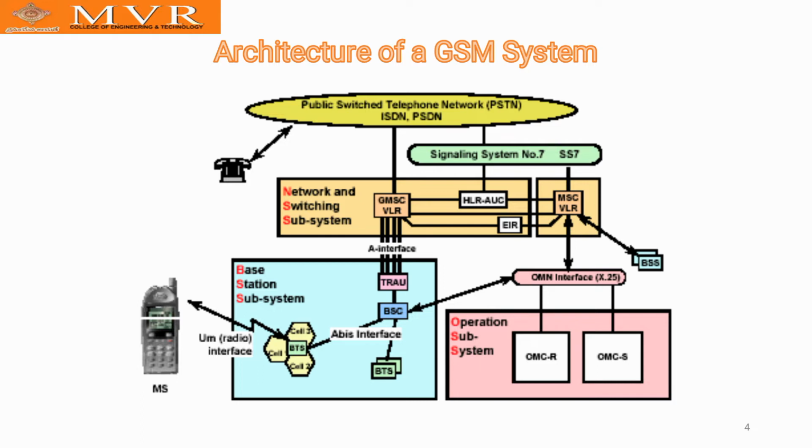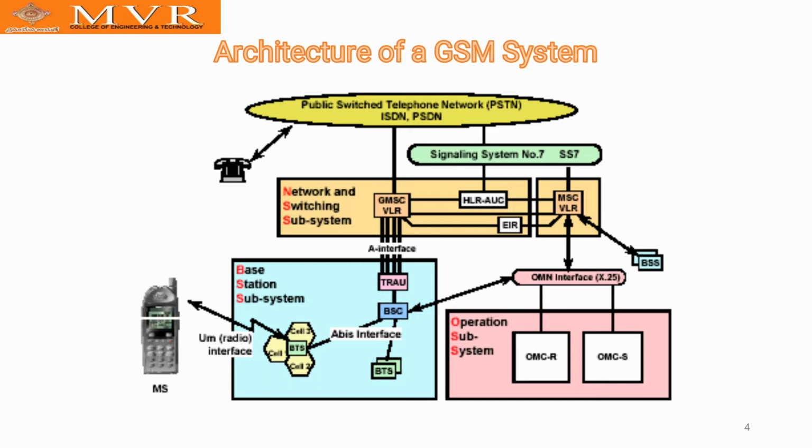They all communicate by using the home location register, at the same time the visitor location register, and the EIR, sorry, the equipment identity register. All of these communicate by using a signaling system, which is SS7. So the signaling system number 7 is used for communication here. That's why all of them are connected with the SS7 signaling.